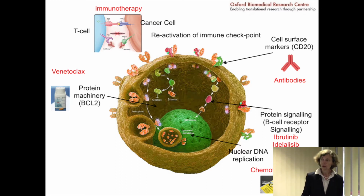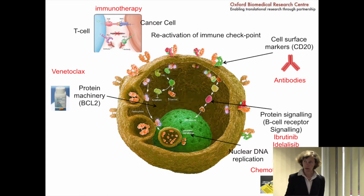That's the theory. So what you can see from here is that the control room of a cell, whether it's a liver cell or a gut cell or a skin cell, is always the same. But the outside, the cell surface markers and the signaling molecules, are cell specific. So the B cell has very specific signaling molecules and cell surface markers. Chemotherapy will attack every cell in your body, in particular the cells that divide a lot, because it's attacking the control room. Whereas the other molecules only attack, to a large extent, B cells specifically. And that's why we talk about targeted treatment, because these cell surface markers and signaling molecules are very specific. And then there's a third way, fourth way already,